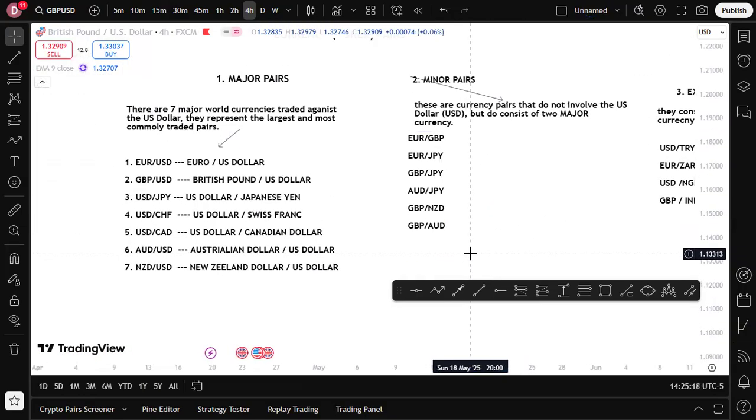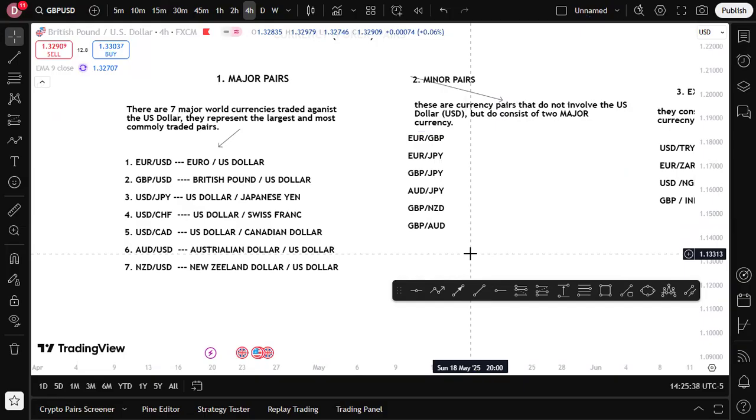So major currency pairs, there are seven in number. That's the most traded pairs against the US dollar, and they represent the largest and most commonly traded pairs. We have the Euro USD, GBP USD, USD JPY, USD CHF, USD CAD, AUD USD, and NZD, the New Zealand dollar versus